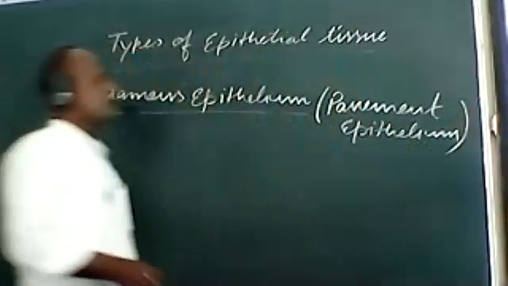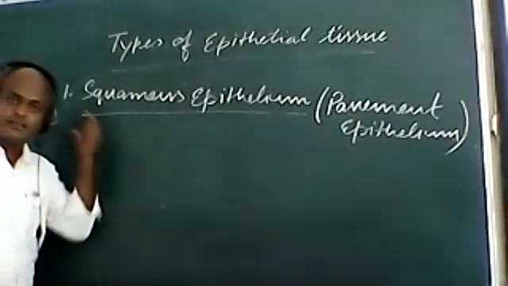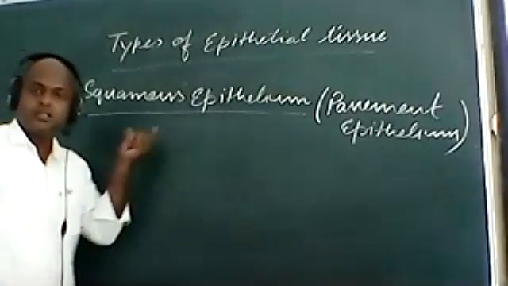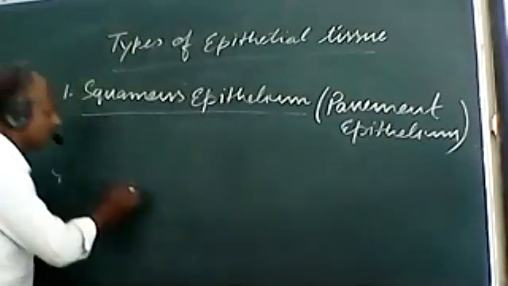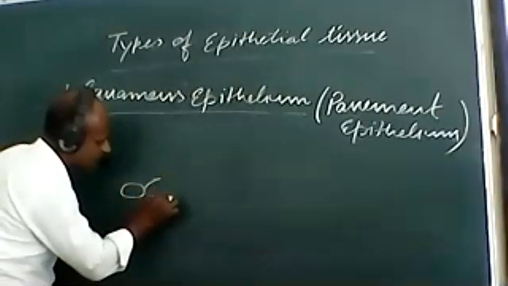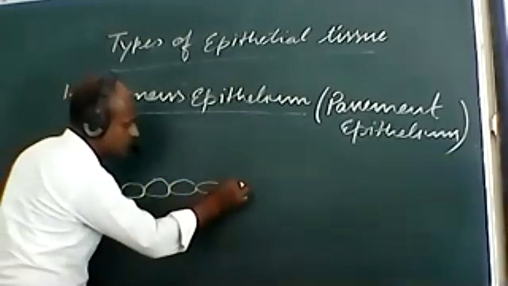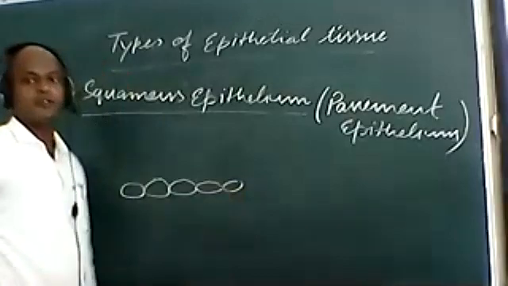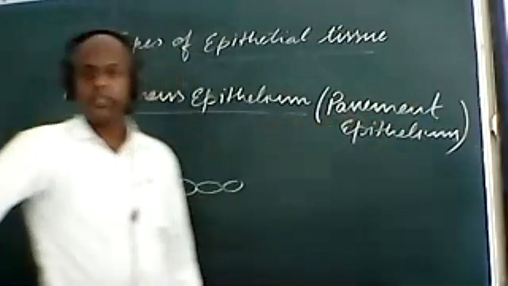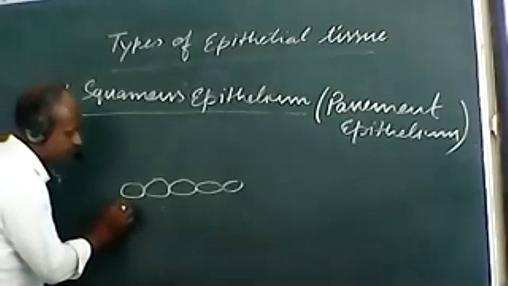It is also called pavement epithelium. If you see the structure, then a disc-like, thin, polygonal condition is found in the case of squamous epithelium. And if you see the structure, it is seen that there is a single layer. सर पेवमेंट है. Pavement, PAVE है बेटा. ओके सर. PAVE, pavement हम लिखते हैं इसको, PAVEMENT, pavement. If you see the structure, then such a type of structure is seen.